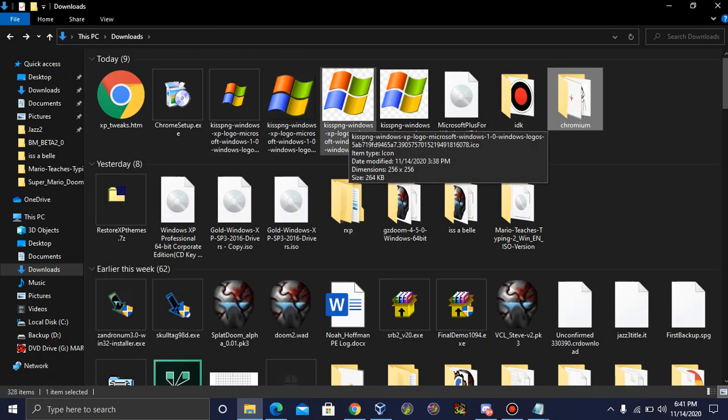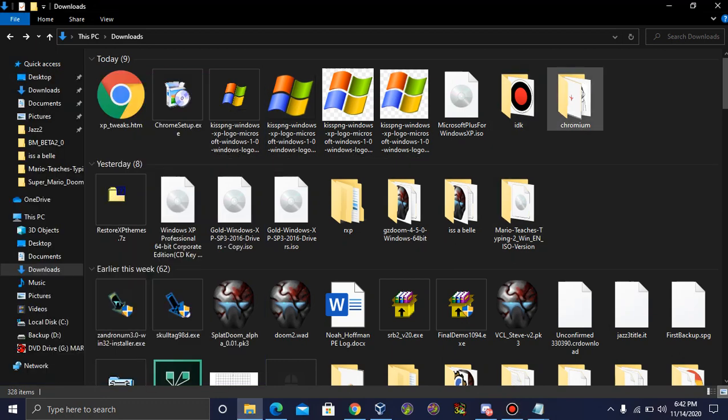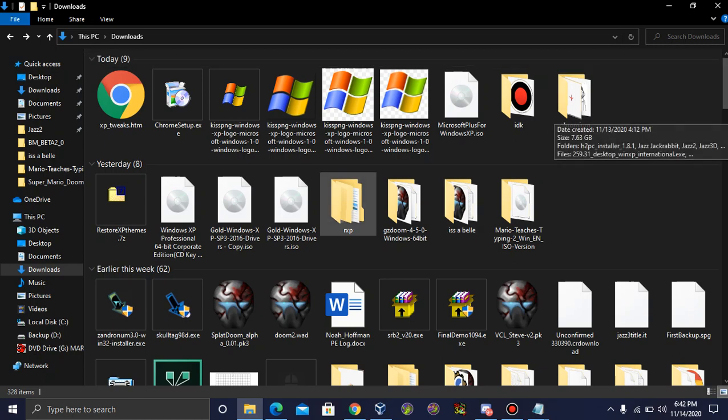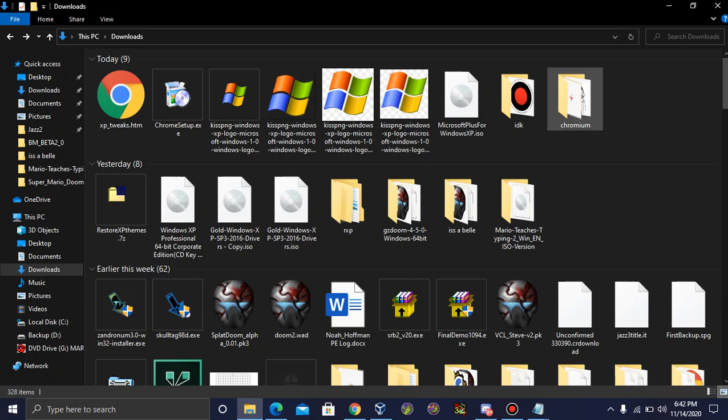So essentially, once you do this, here's how to do a shared folder. Well, I guess deleting it and restoring it made it so it wasn't sharing, so I didn't really need to do anything. So here's how to make a shared folder so you can send stuff to your Windows XP computer without making a million ISO files. Because on Windows 98 and stuff, you have to make a lot of ISOs to share folders or files. So to make a shared folder with Windows XP, all you have to do is get the folder